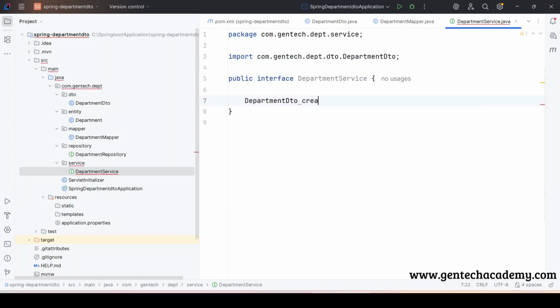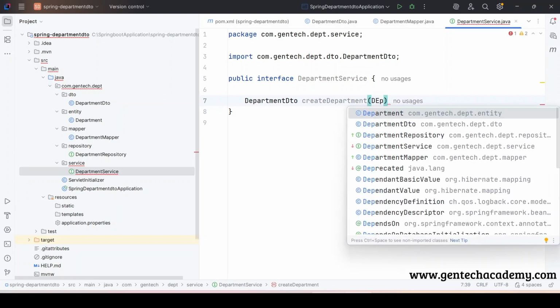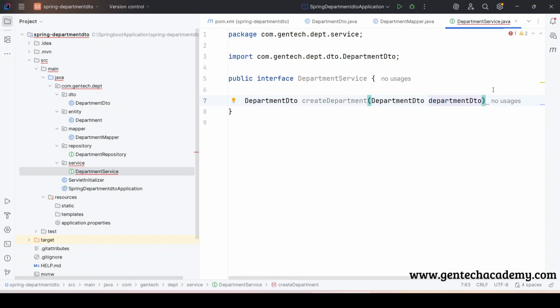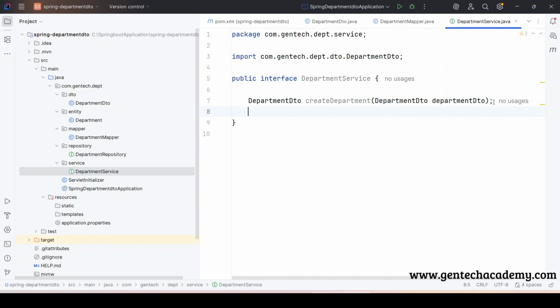That is called createDepartment. It should accept DepartmentDTO as a parameter and it returns DepartmentDTO. Once after specifying an abstract method, createDepartment in the DepartmentService interface,